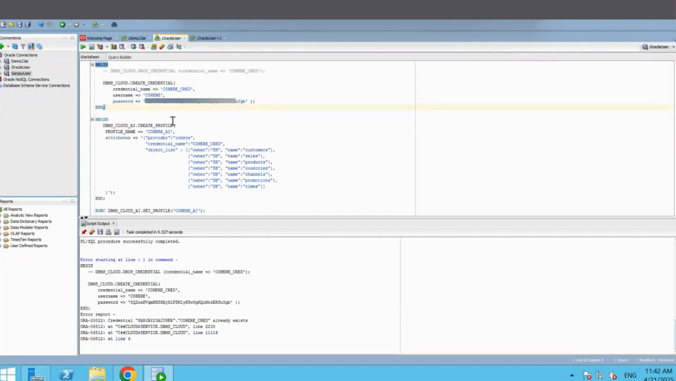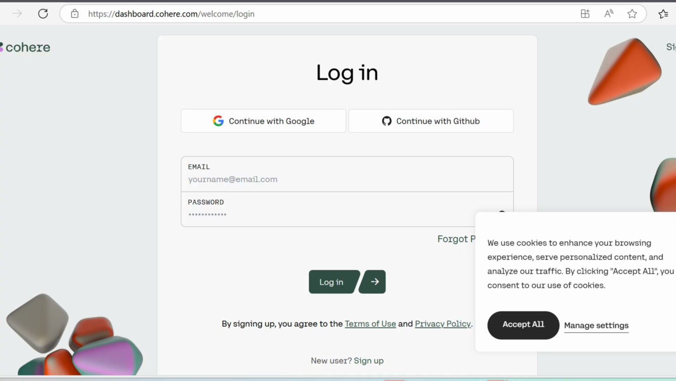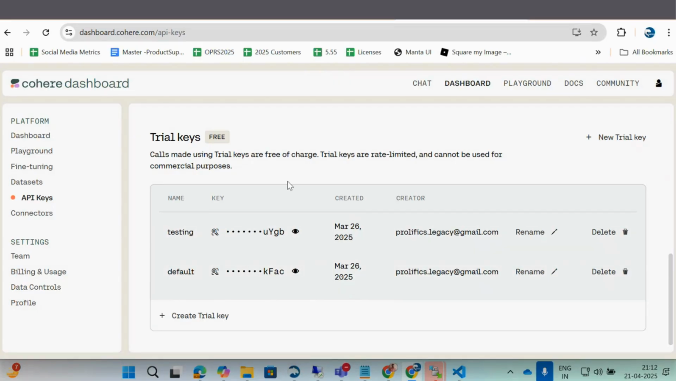From here, we need to create a cloud credential that stores the Cohere API key for the Cohere services. For getting the Cohere API key, we need to sign on to API.cohere.com. From the Cohere dashboard, we need to copy the keys from the trial keys. That should be pasted in the password section of this